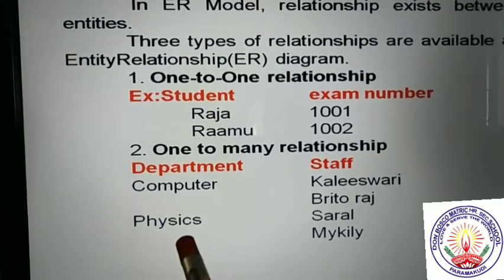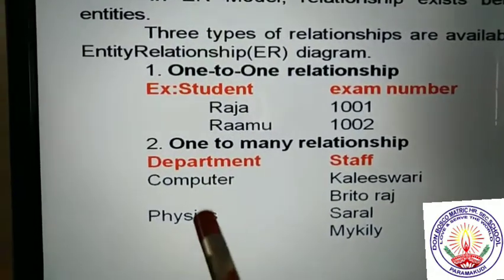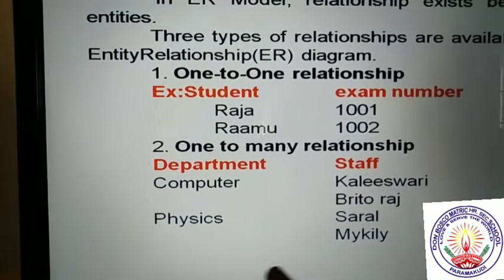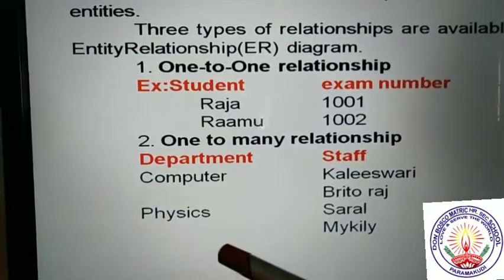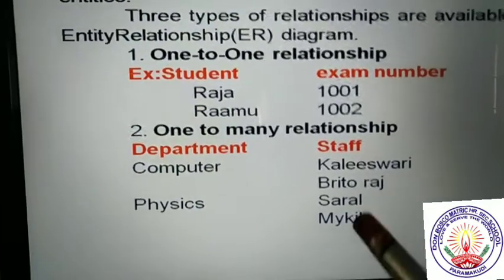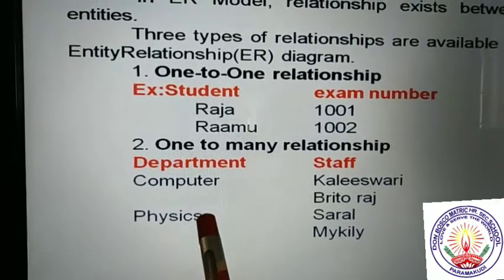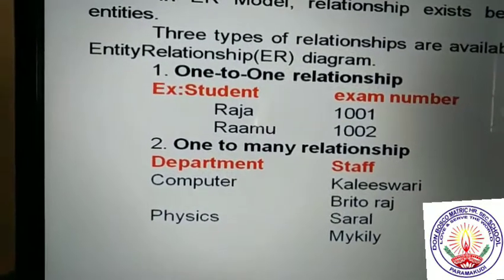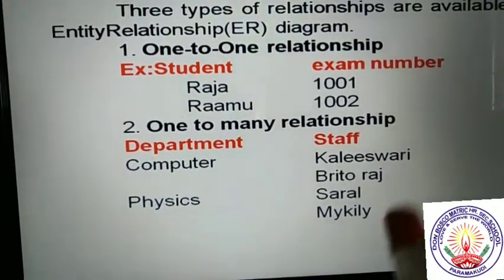So physics is one of the departments. So physics department relates to Saral and Maikli. So department is one, but the relation is joined with Saral and Maikli, and also the science department like any other person we have to connect for the department physics. So Saral and physics 2 members here. So the 2 members connecting for the department only for physics, not for computer department. Okay, so one to many relationship means like we have to consider one section, its relation going through multiple persons, relation going to multiple persons.